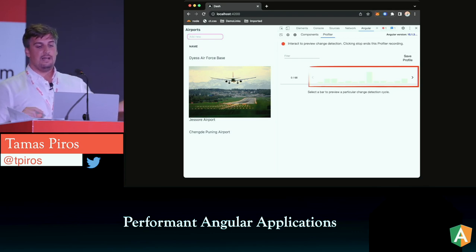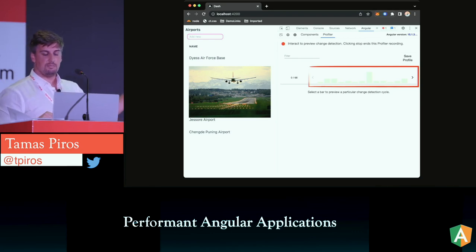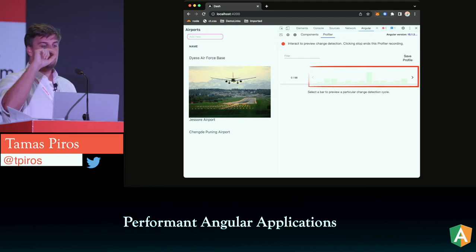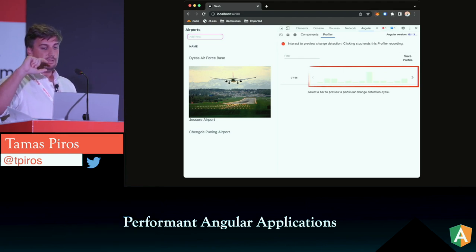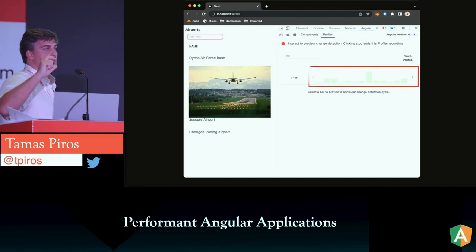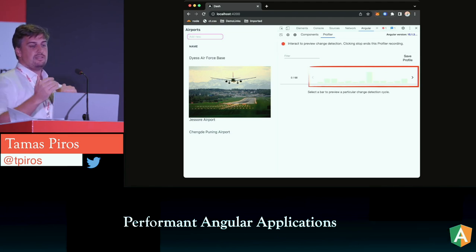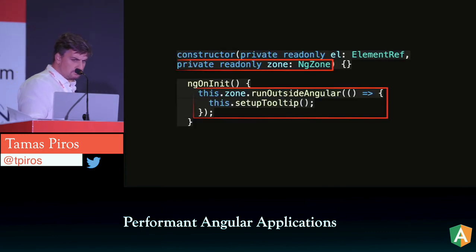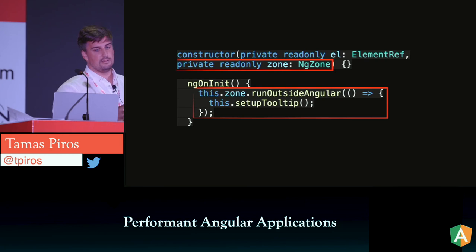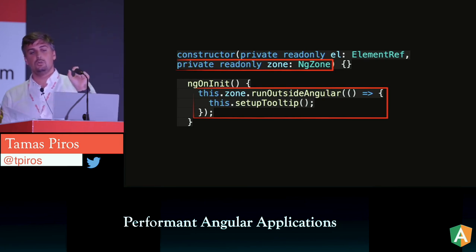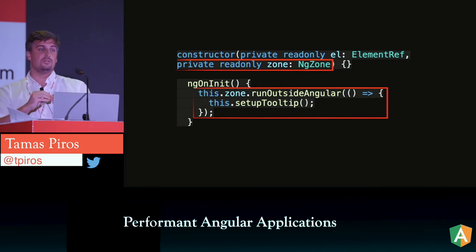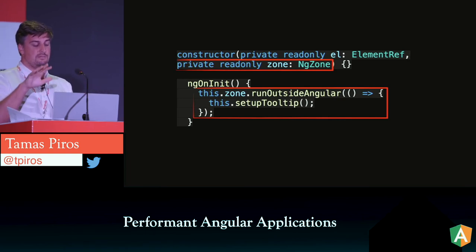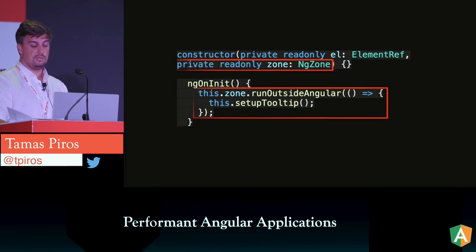But if you look at the profiler, because I was running a profiler session while I was doing the hover, you can see every time I display that tooltip, there's a change detection happening. It shouldn't, right? Because it has nothing to do with Angular. And so what you can do is call the runOutsideAngular method, which is basically going to exclude that piece of code from Angular's zone. And so just by doing this change in the directive's code,